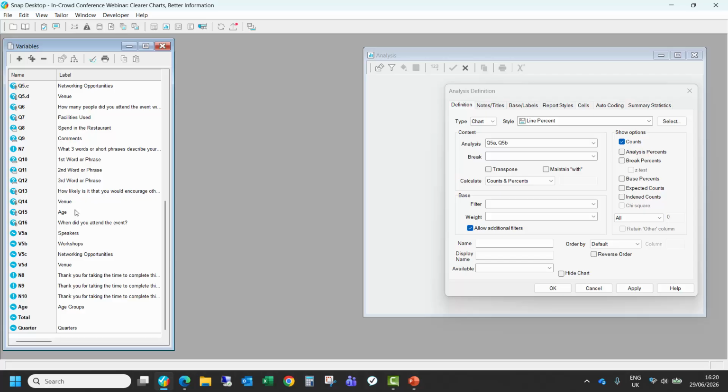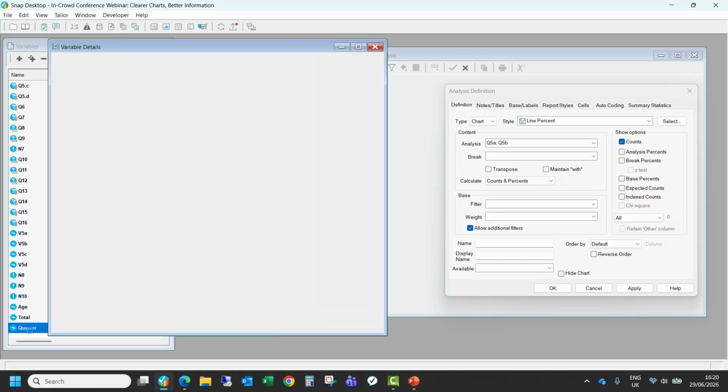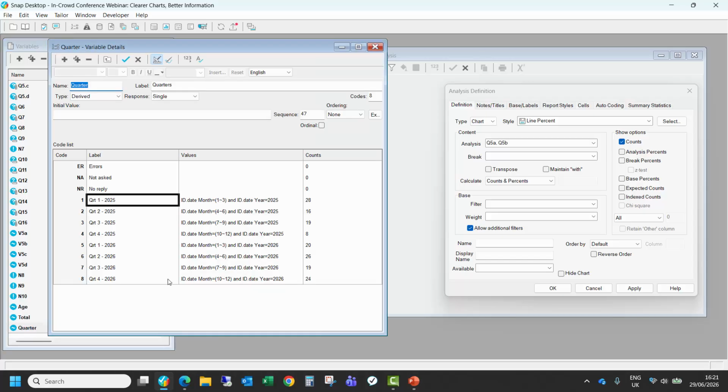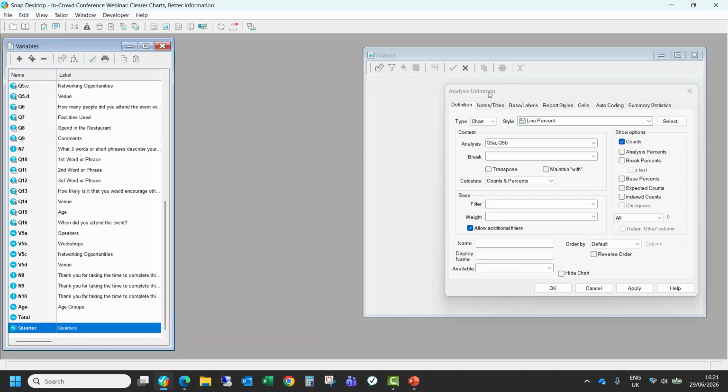I've got a derived variable called quarter. So here we're still looking at id.date, still looking at month, but this time 1, 2 and 3. So that's going to be January, so quarter 1, but this time also picking out the year element. So I've got 4 for 2025, obviously looking at the different quarters, and then 4 for 2026, again looking at those same different quarters. So if we add this derived variable into our chart,